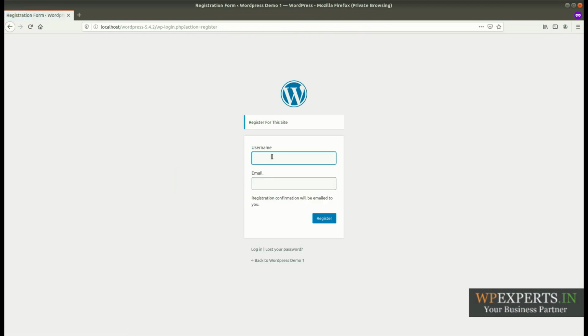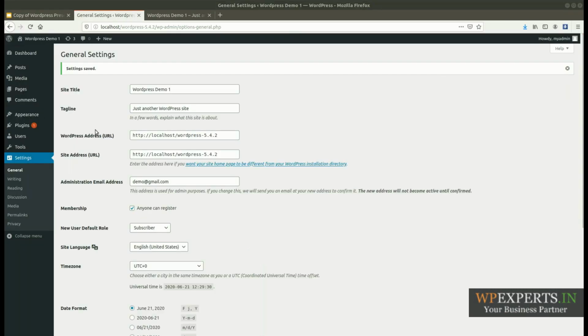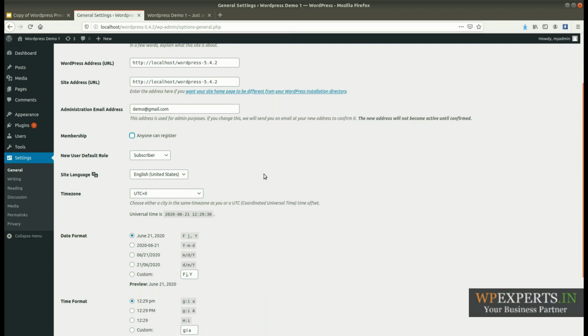So you can allow users to register via username and email ID on the login page of WordPress. So this is the setting. If you want to allow registration, you can enable this.